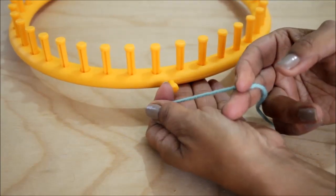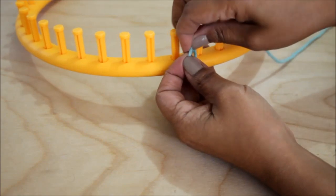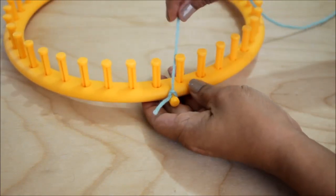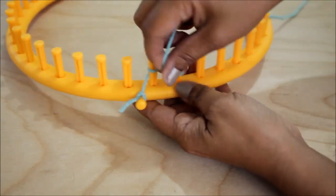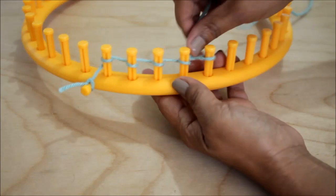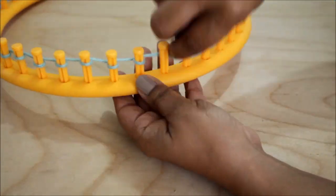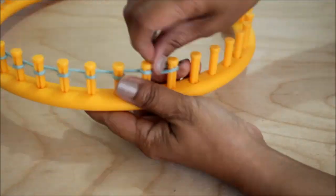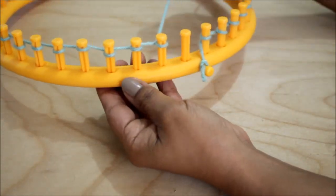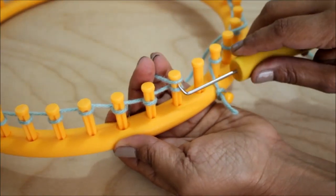Let's begin with the cast on. I'm using a single strand of worsted weight yarn and I'm going to secure it to the anchor peg with a simple knot. You can use a slip knot if that's easier. And then I'm going to wrap 40 pegs. For this sample at the beginning of the video, I actually used 36, which gives you a smaller version of the cover. So once I get to peg 40, then I'm going to wrap and turn and knit that last